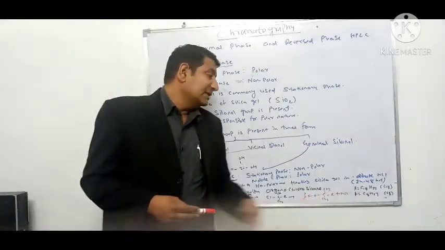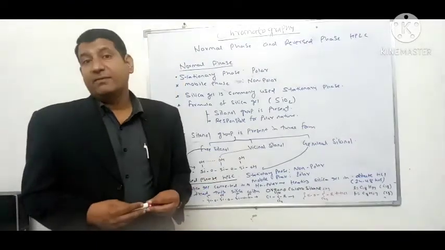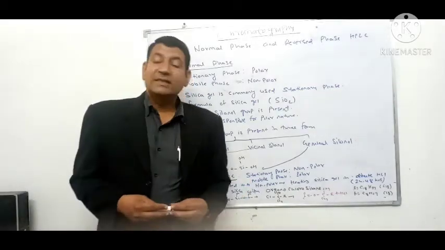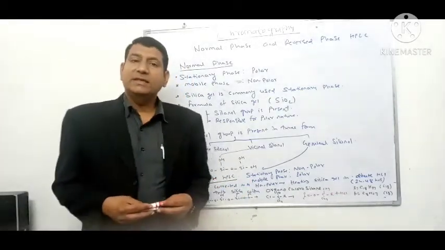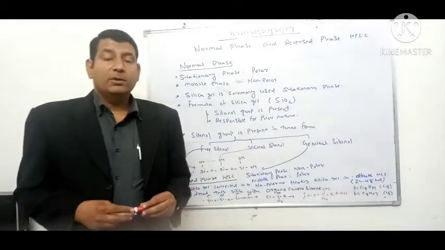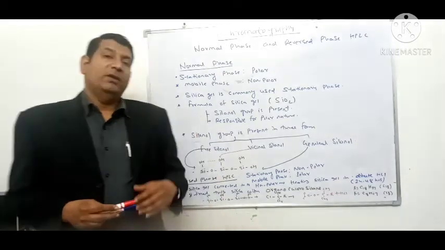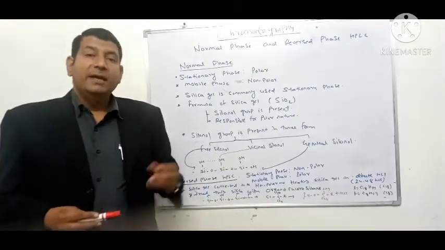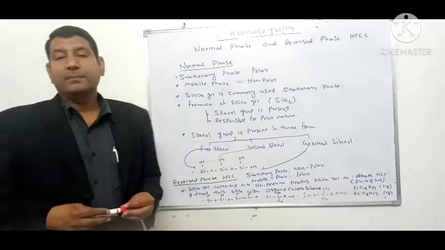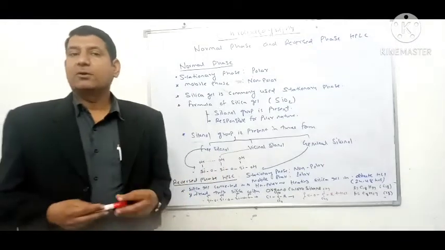And if this R is a C8H17 group, that is a compound containing 8 carbons, then this column is known as a C8 column. So basically two types of C columns are available, the C8 column and the C18 column. If we compare the polarity of the C8 column and the C18 column, the C18 column will be more non-polar in nature because it contains 18 carbons, while the C8 column will be less non-polar, or more polar, as compared to the C18 column because it contains fewer carbons.